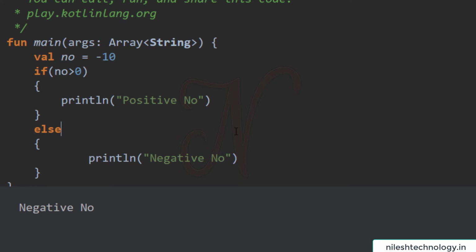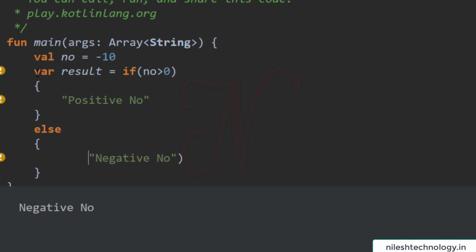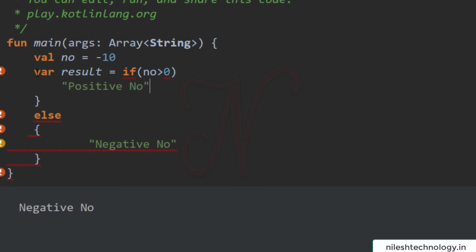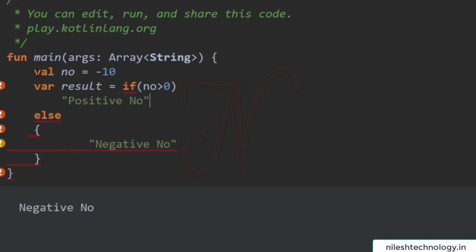Here we change some code. var result is equal to, if number is greater than 0, then here just give the message positive number, else here the message negative number. If there is only one statement, then there is no need to define the block. So here we remove the brackets, same in else.